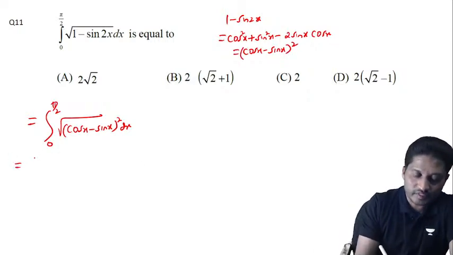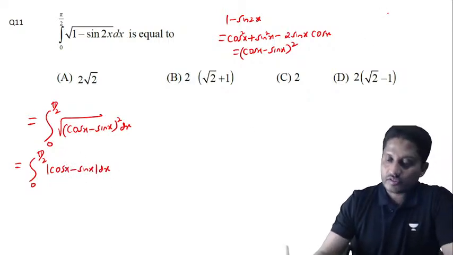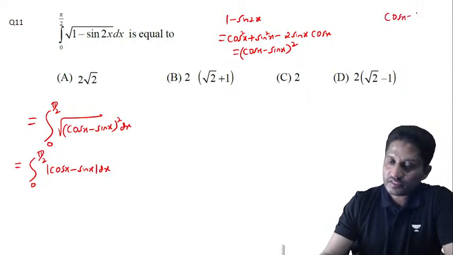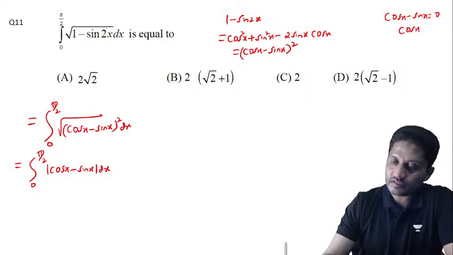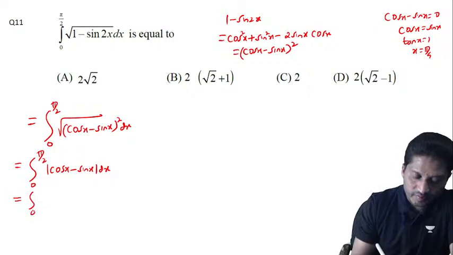Root of x square is always equal to mod x. So this is modulus of cos minus sin into dx. If I equate this to 0, cos minus sin is equal to 0. This means that cos x is equal to sin x, right? Sin by cos is equal to 1, that is tan x is equal to 1. x should be equal to pi by 4 only. This can be written as the integral from 0 to pi by 4